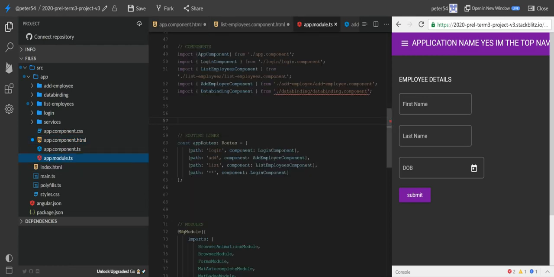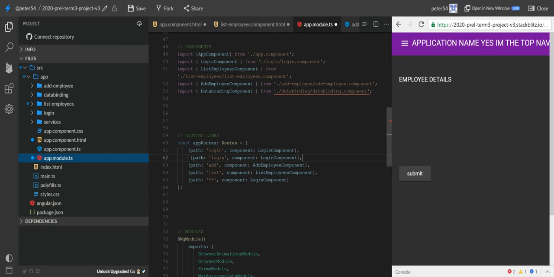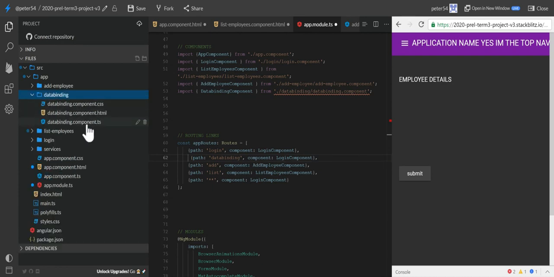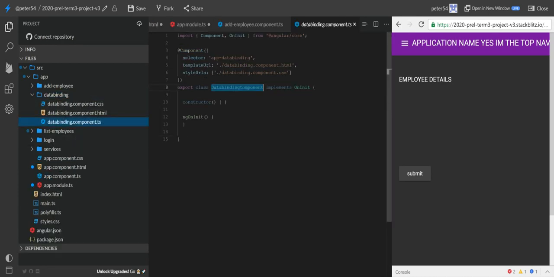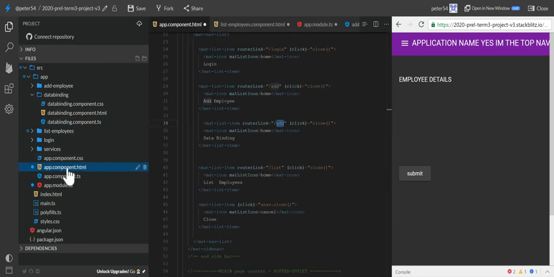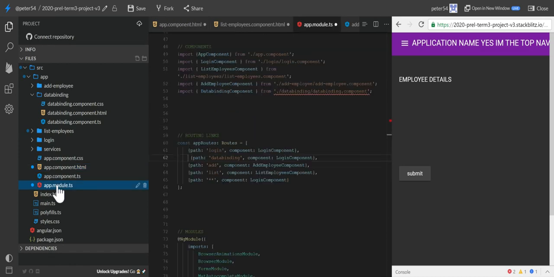So I go to the app module. Here are the paths. I'm just going to copy one of these paths, paste it underneath, give the path name, and I'll call it data binding. And it goes to the component. Now the component name for our data binding is in our TS file. There it is, data binding component. I copy that, come back to our app module TS, and the path is data binding. The component is,